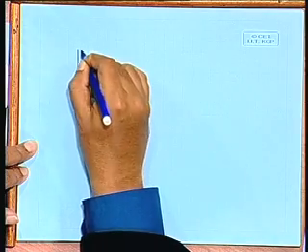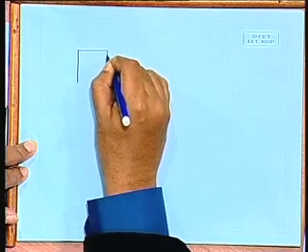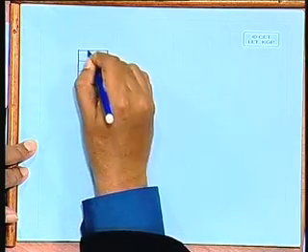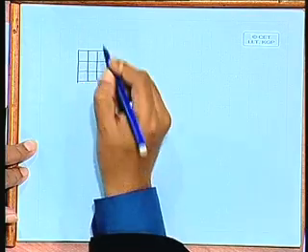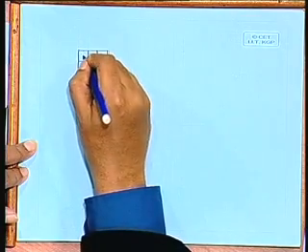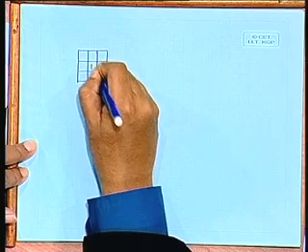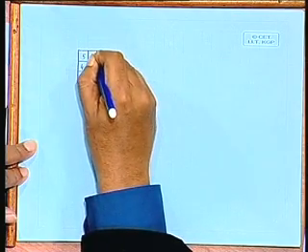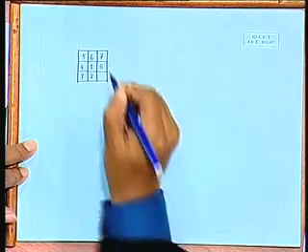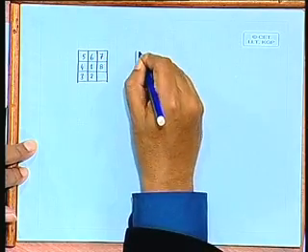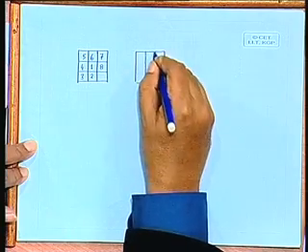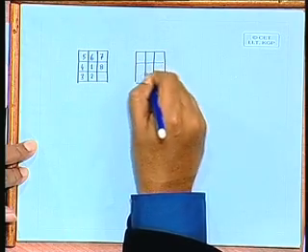To see the Manhattan distance heuristic for this problem, let us say that the tiles are like this, and I want to reach my goal configuration, which is known again, is